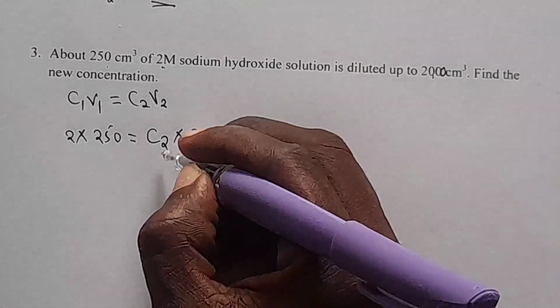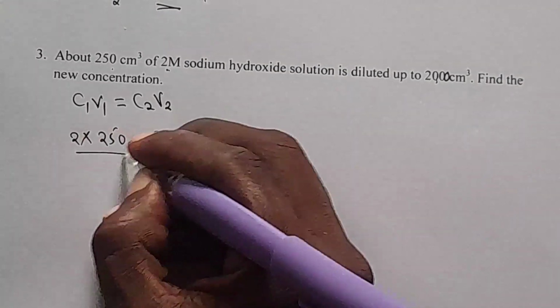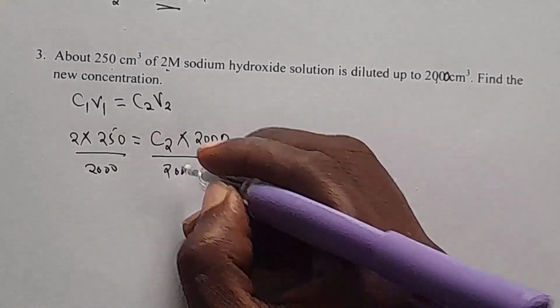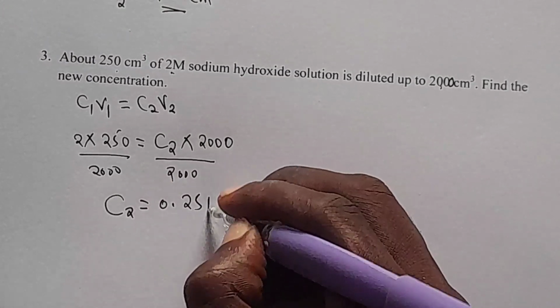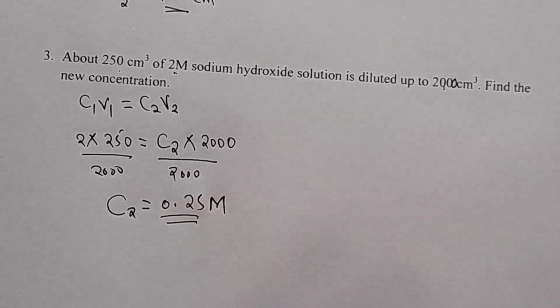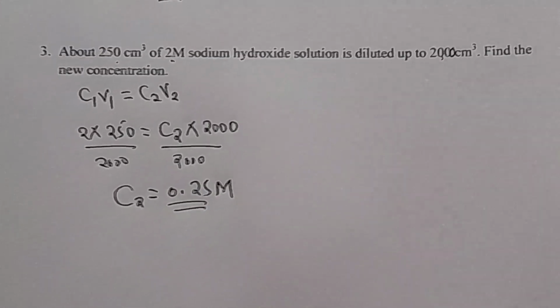So to get concentration C2, we are going to divide here by 2000, and we divide here by 2000. So that means our C2 will be 0.25 molar. That will be our new concentration. So next, we are going to go to question